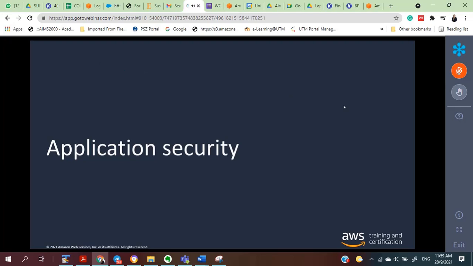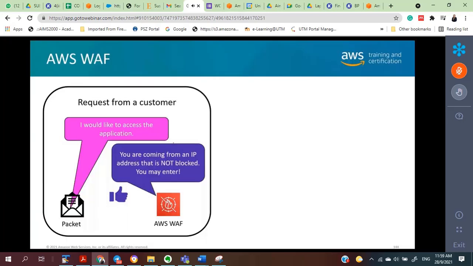Now with that, let me also introduce to you some additional security services that you'll be able to leverage in the cloud. First up is the AWS WAF, or the Web Application Firewall. This is providing you with layer 7 protection that is able to filter out common malicious requests or custom rules. Most commonly, it is able to protect you from SQL injection, cross-site scripting, or filter out requests coming from a